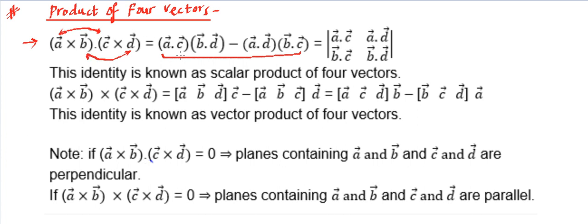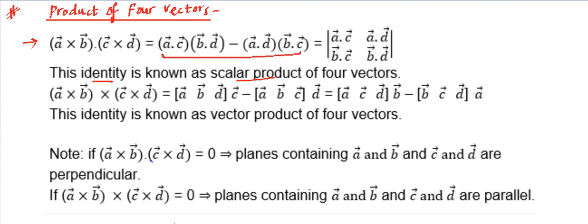because these dots give numbers, and numbers can be multiplied, so there is no dot and cross in between. And then we take the far apart quantities, that means the extreme two together in a dot fashion, and then the middle ones in a dot fashion. Well, I'm just explaining how you can remember it, but once you write it down you can think of your own way of recalling it. So this becomes the expression of this. This is an identity. That means this is always true, and this is known as the scalar product of four vectors. That's what we are talking about.